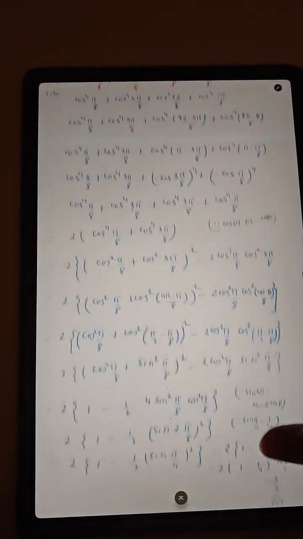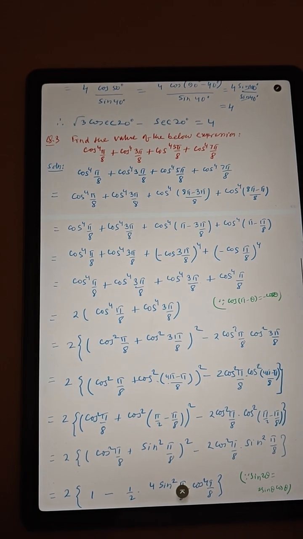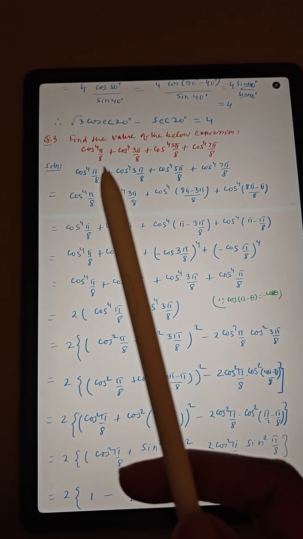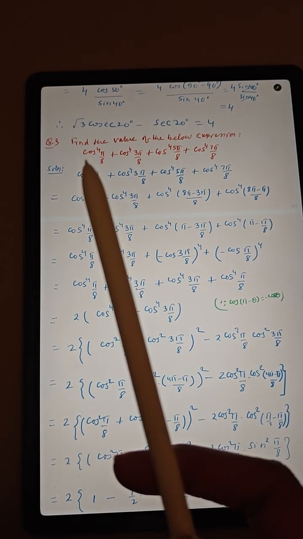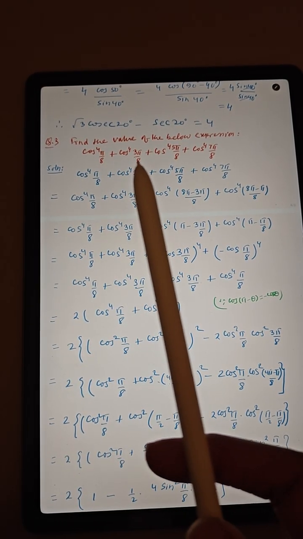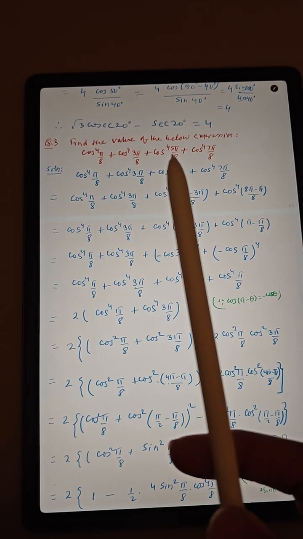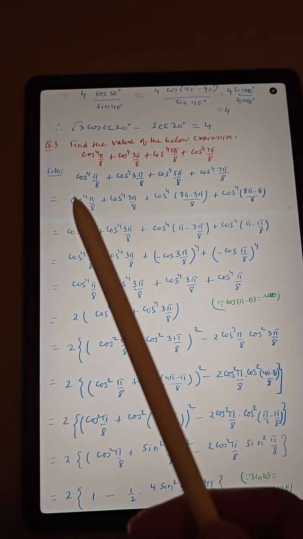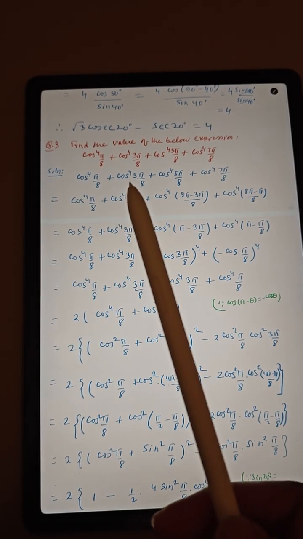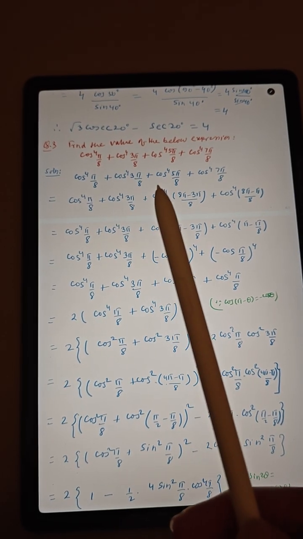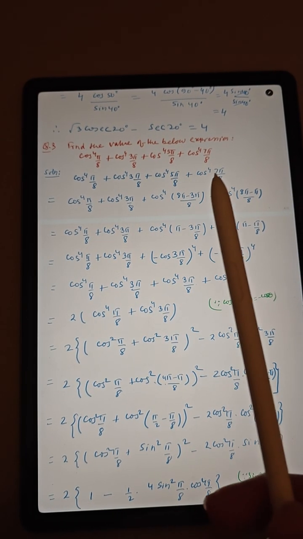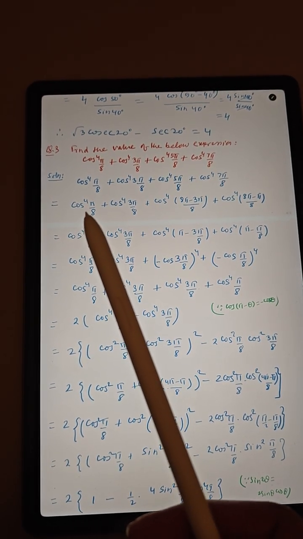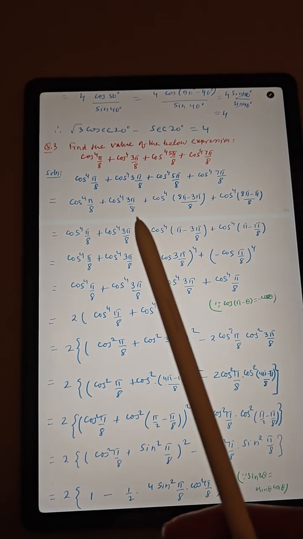Now come to the next question. Find the value of the below expression: cos^4(pi by 8) plus cos^4(3 pi by 8) plus cos^4(5 pi by 8) plus cos^4(7 pi by 8). Now this cos^4(5 pi by 8) plus cos^4(7 pi by 8)